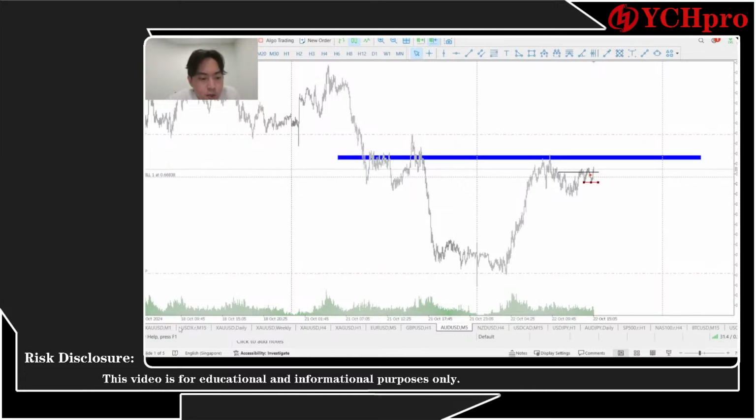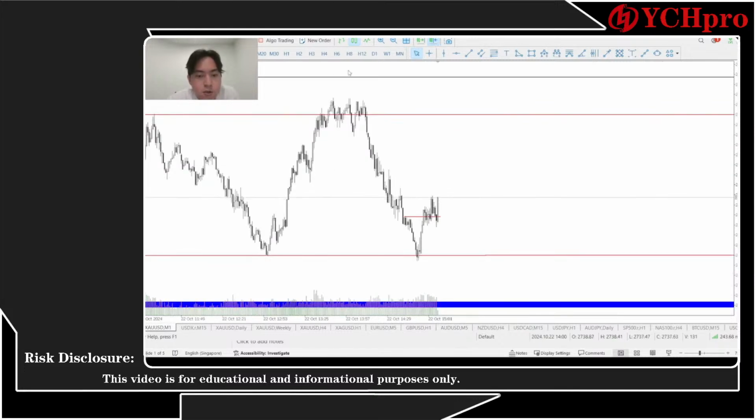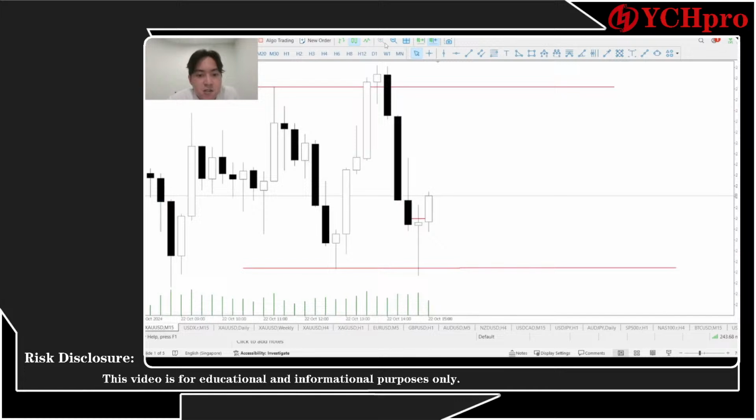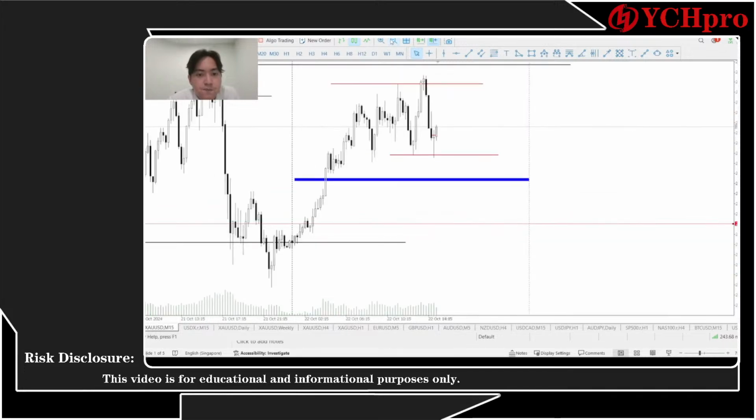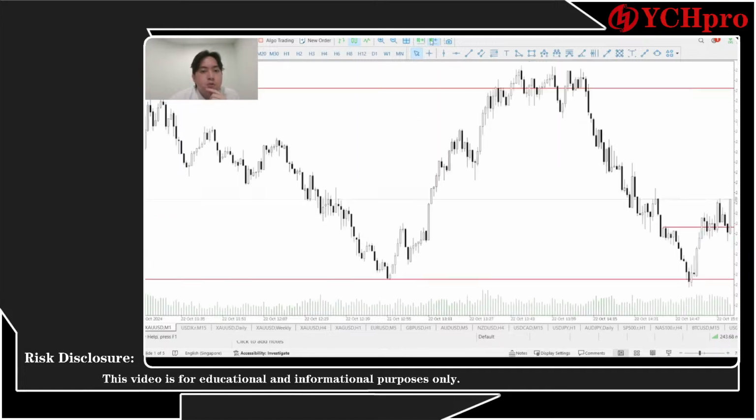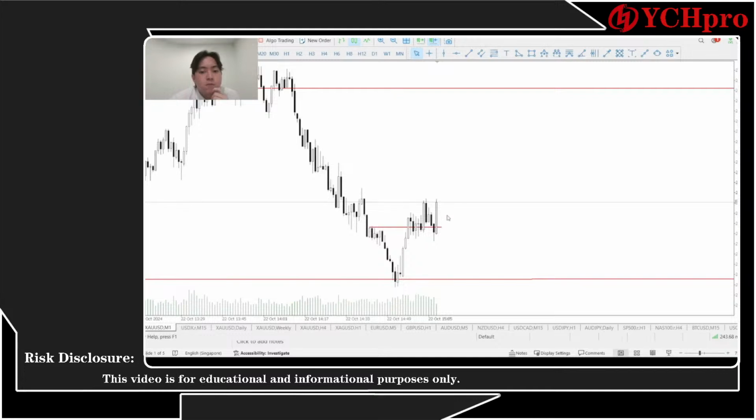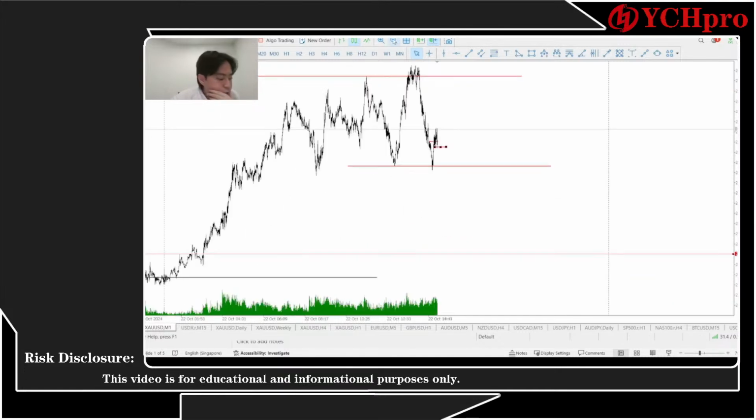Okay, gold market. Let's go back to the gold market. It seems like the gold market is preparing going higher. Can try to do long positions. Thinking that the market might be fail to trade here. This might be a really good trading opportunity to do long positions. Seems like the market is going higher and higher and reaching through this high. We can try to do long positions, everyone.